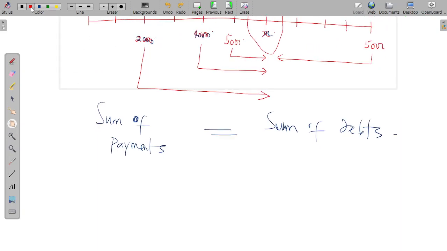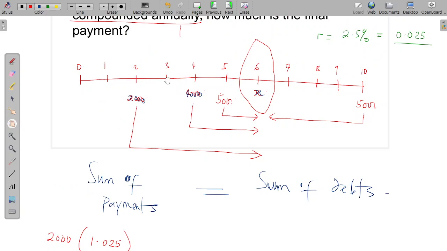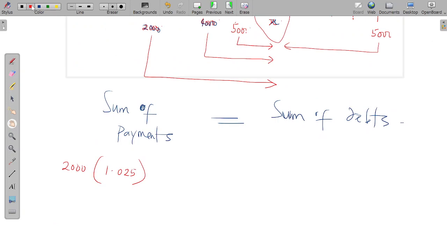So in order to now find this, this is payment 2000, 1.025 raised to power, how many now? 1, 2, 3, 4. Oh, positive rather, positive 4. Okay, plus 4,000 into